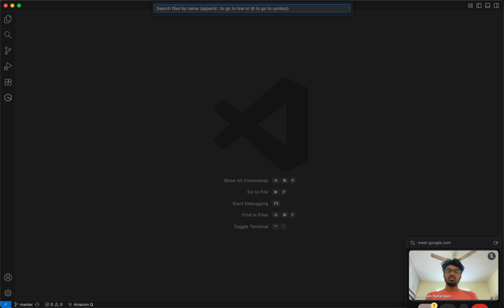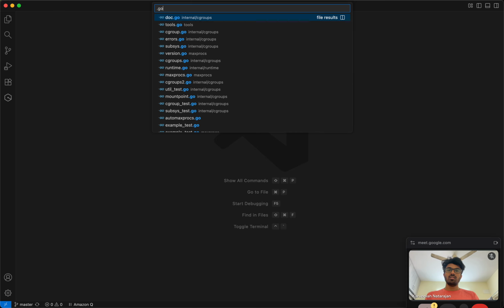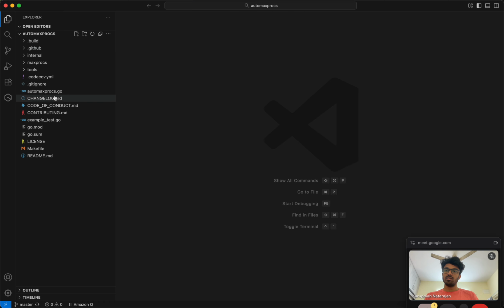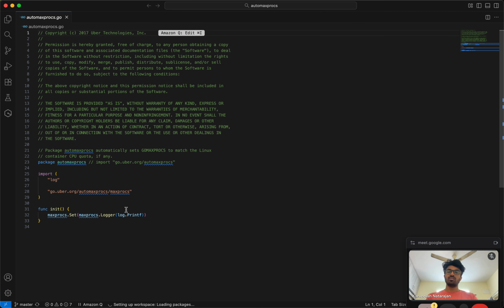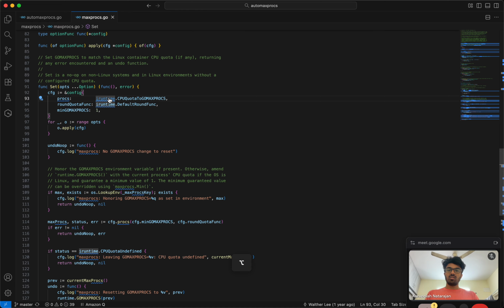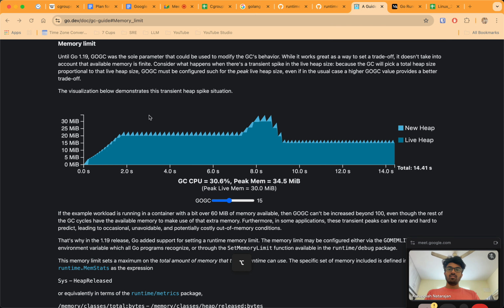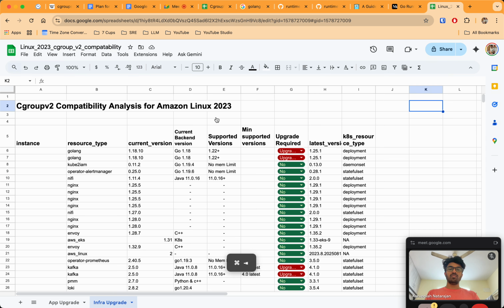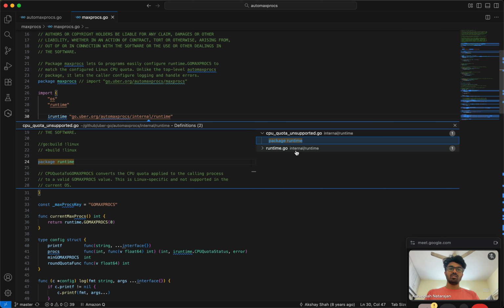I think there is a package file, automaxprocs.go, at the top level. If you go through the set, you'll notice that this is the thing that's getting called, and they have this thing called iruntime, which you can open up here.